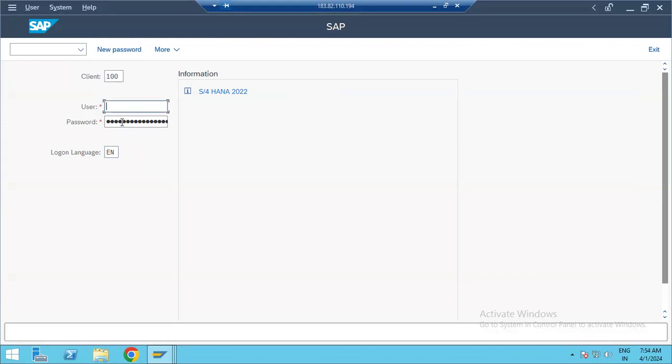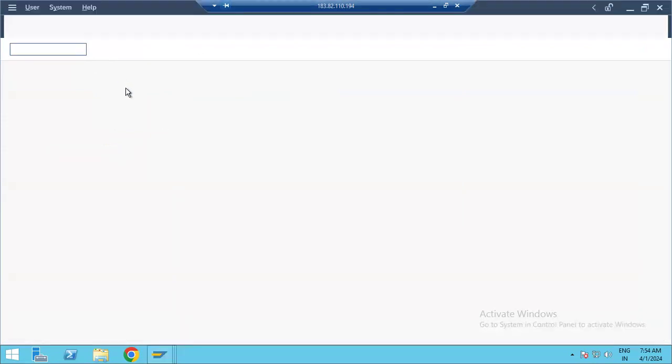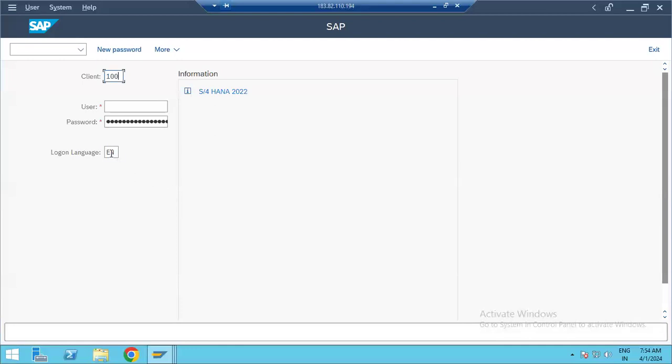The username and password will be given by the Basis system, and the client ID will also be given by the system, and the logon language. If you are from different countries, you can maintain your logon language, like Chinese or English, whatever the country-level language is, not local languages like Telugu or Tamil, you will not get those. International or country level languages you will get. So this client is the